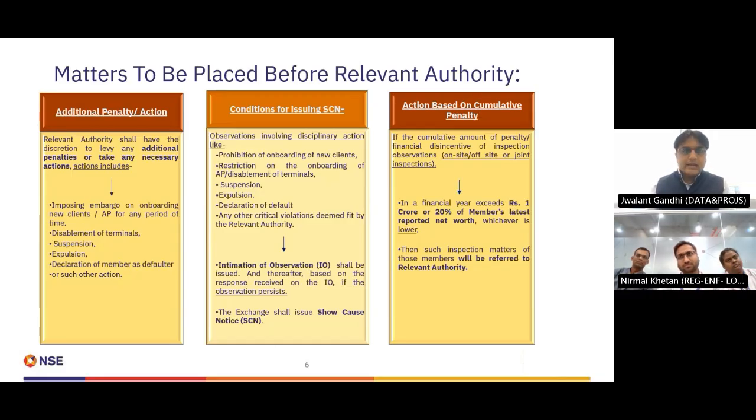Correct. So members, please take due note of that, and thanks, Rupa, for the clarification, because it is not limited to inspection alone. Point well taken, and we hope that members have also heard the clarification they need to keep in mind. So rather than going by the annexure number, as Rupa was mentioning, it is related to inspection observations on-site, off-site, or joint inspections. Correct, Rupa?